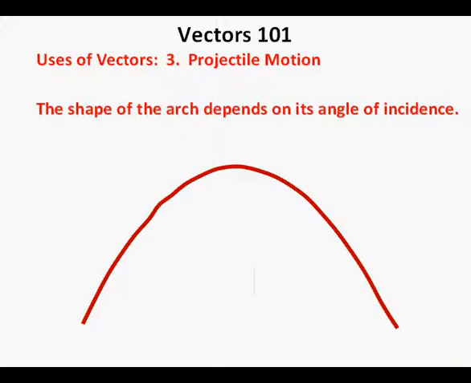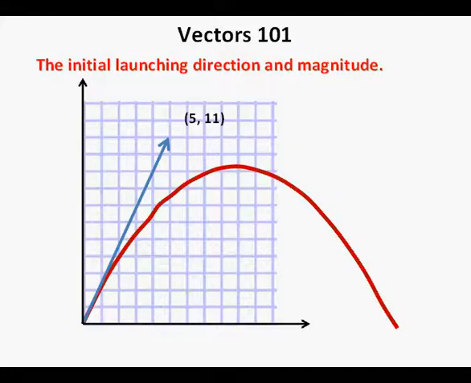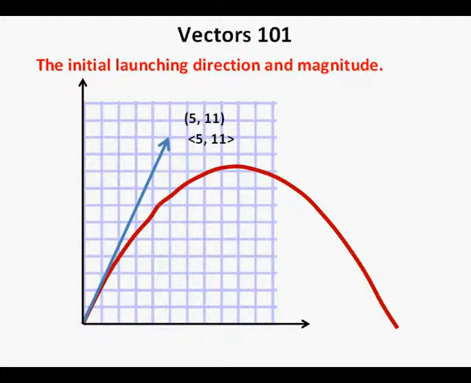Now we come to our third use of vectors in this lesson, projectile motion. In launching an object, we can take a close look at an initial angle, which we call the angle of incidence. Now this blue ray designates the initial firing or launching magnitude and direction of the object. And the coordinates of this vector are 5, 11. Now to analyze this direction and magnitude, we will measure the drawing of the ray against the coordinate grid shown here. As I mentioned earlier in this lesson, there are other notations available to show that a line segment is